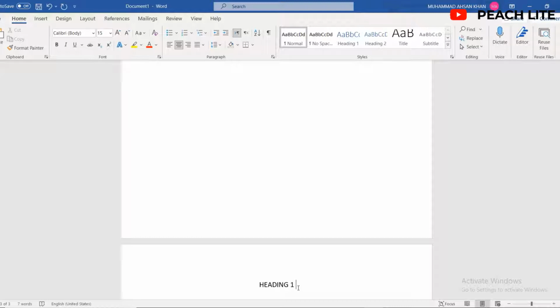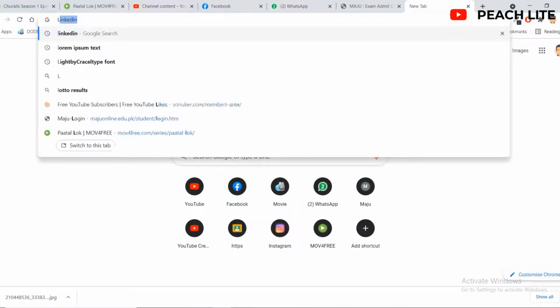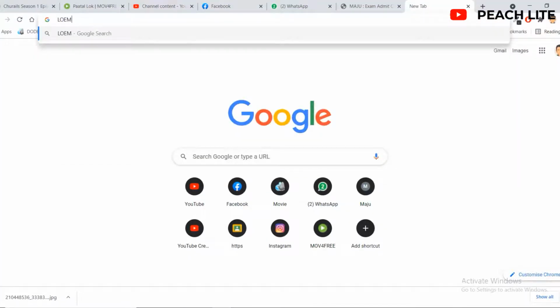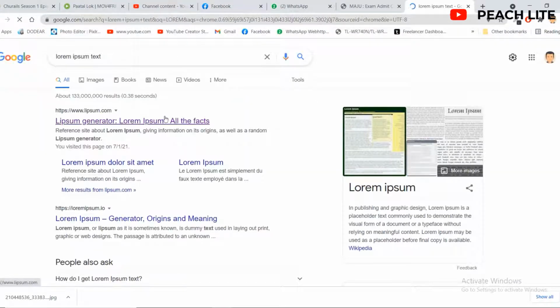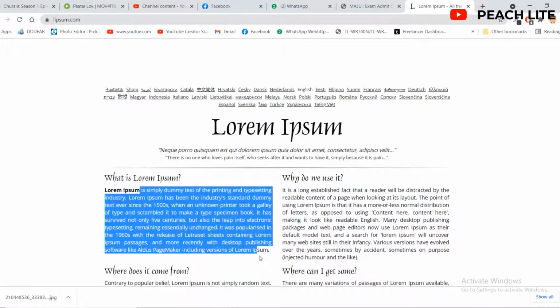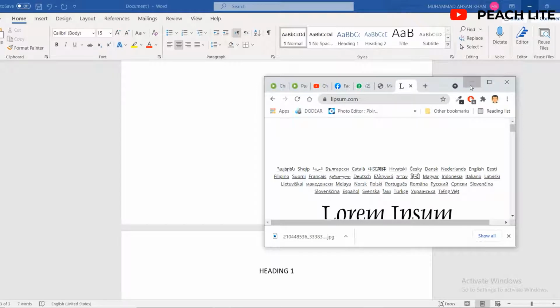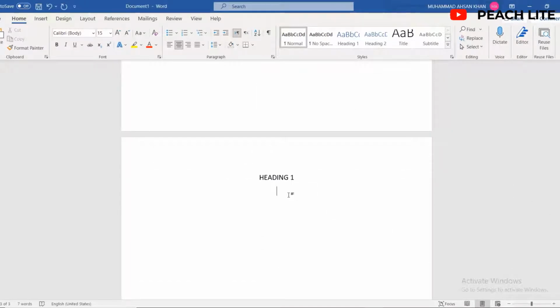And each heading has a paragraph. So heading number one has a paragraph of, like, I just used lorem ipsum text. This is rough text for your example to understand, and assume that this is your report.